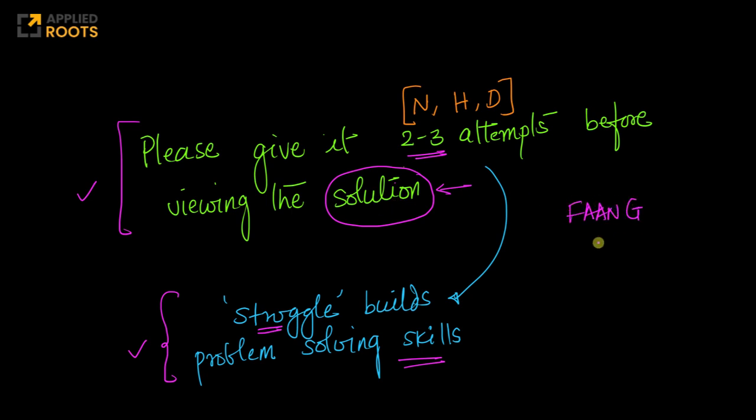So a lot of our students ask us, hey, I want to end up at a top company like a FAANG company. What should I do? In addition to all the conceptual clarity, mathematics, everything, problem solving skills are important. That's what we try to build even through our course assignments. Again, when I say 2 to 3 attempts, try to attempt to solve the problem right away, which is attempt one. After a few hours, suppose you failed to solve the problem, give it a few hours of time. Let the problem brew in your head.